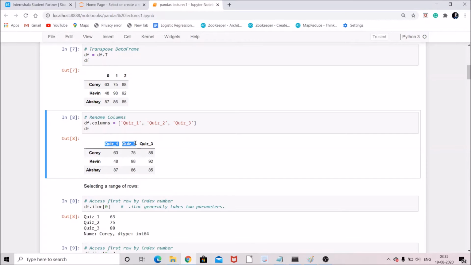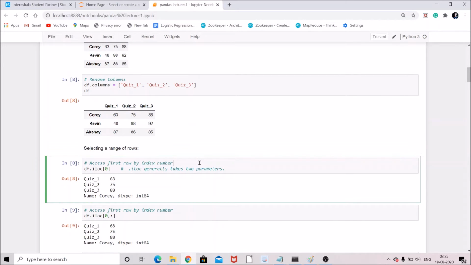Selecting a range of rows. Similar to numpy, pandas lets us select rows in different ways. The first way is using the iloc function, which generally takes two parameters.